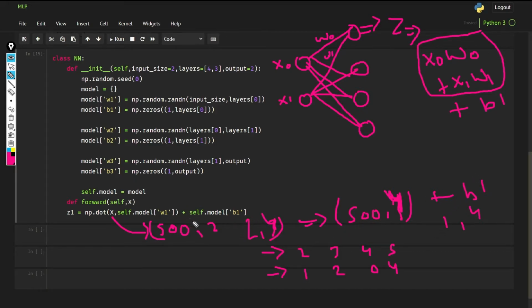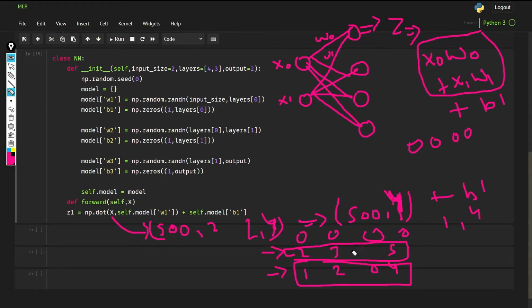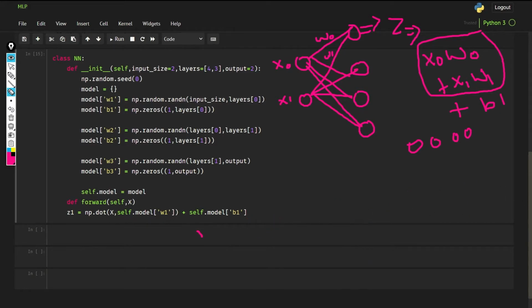So when I am using this plus, what it is going to do is add every value of b1 into this. Let's suppose b1 right now has 0 0 0 0. So it is going to add 0 0 0 0 to this part and also to this part. I hope that it is clear. This is basic, simple mathematical matrix operations that I am doing here. So now this is going to be our z1, and I have already explained all of this in my previous videos. I am saying this again.